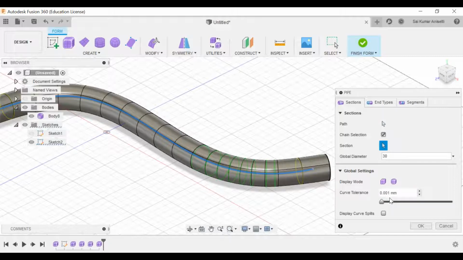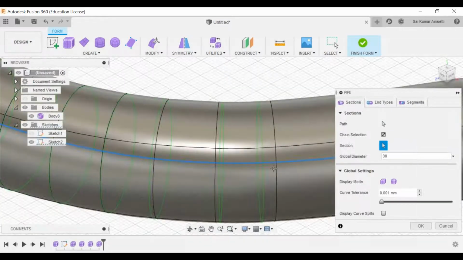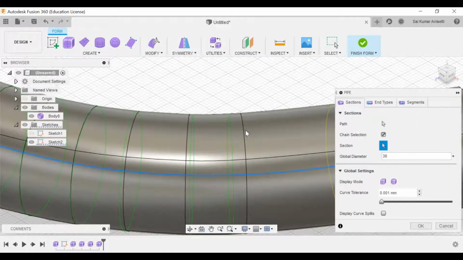And curvature, don't touch this curve tolerance, because what it means is that the curvature continuity between this surface and this surface is 0.001, that is 1 micron. This deals with your professional design. Don't disturb these curvature tolerances.